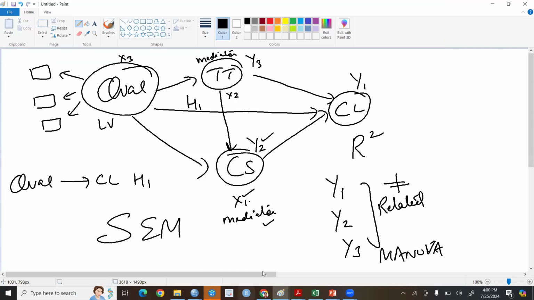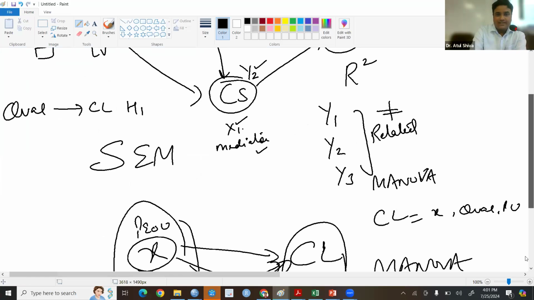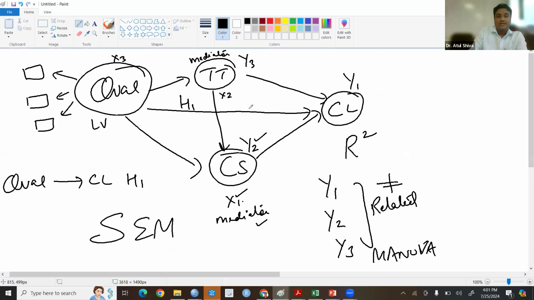सर, डेमोग्राफिक वेरिएबल्स के लिए MANOVA को कैसे यूज कर सकते हैं, प्लीज बता दें। श्वेता मैडम, मैं बताता हूँ इसका भी। In MANOVA you can also take demographics. The best part of MANOVA is you can also take demographics, but in binary data. You can take demographics, that is the best part. You can take metric data as well as non-metric data, दोनों डेटा आप ले सकते हैं MANOVA के अंदर। But in SEM you can take like gender,